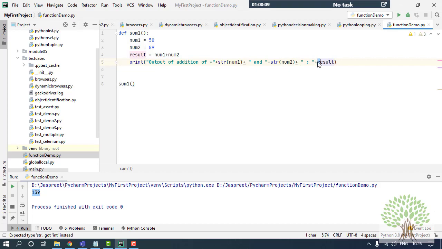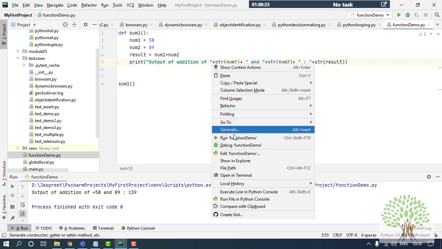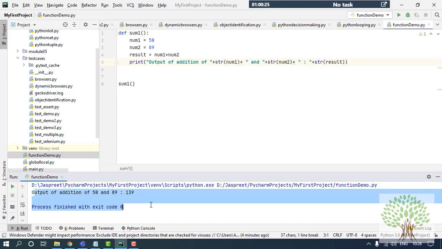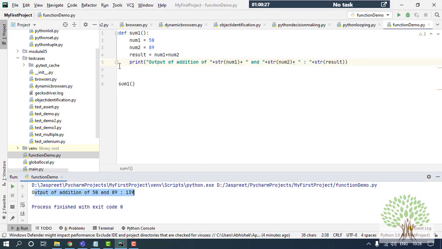Also in front of result, str, and done. So I'll save this now and I'll run this. So this way I get the output over here. I just have to remove this. So this is what I'll get in this function.